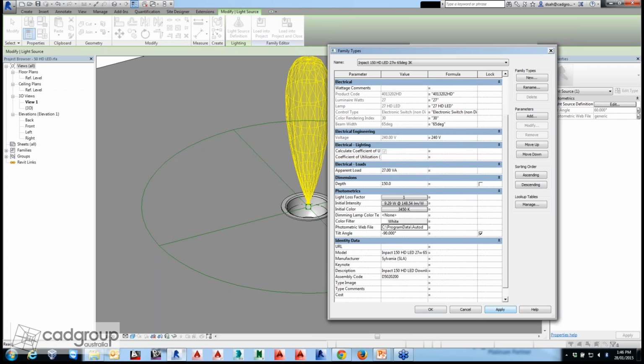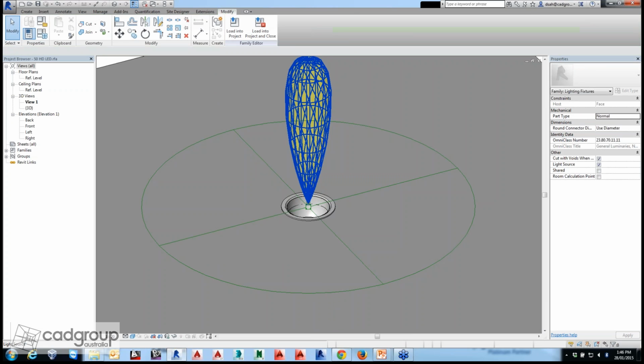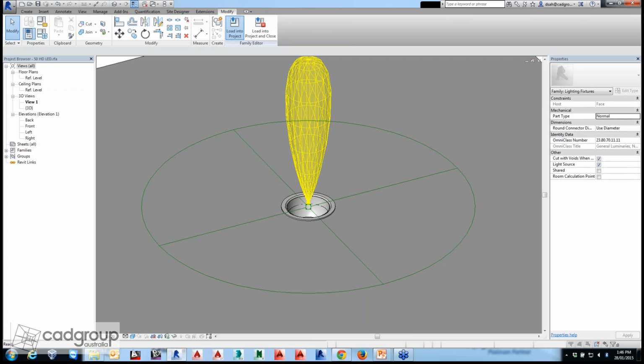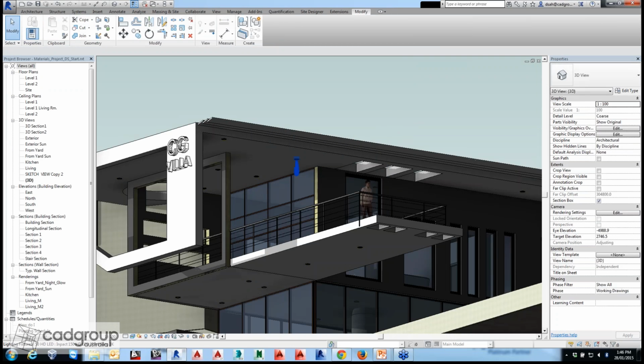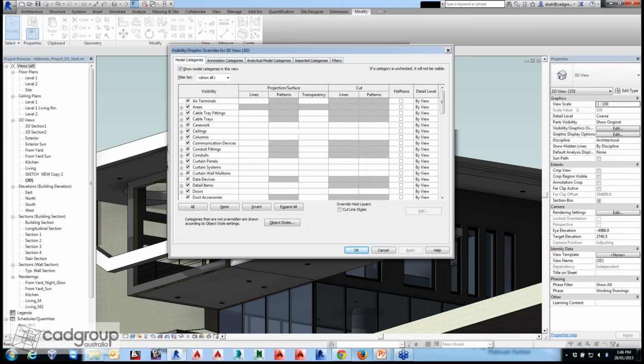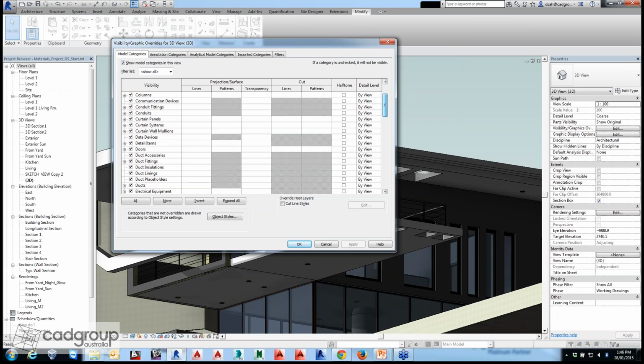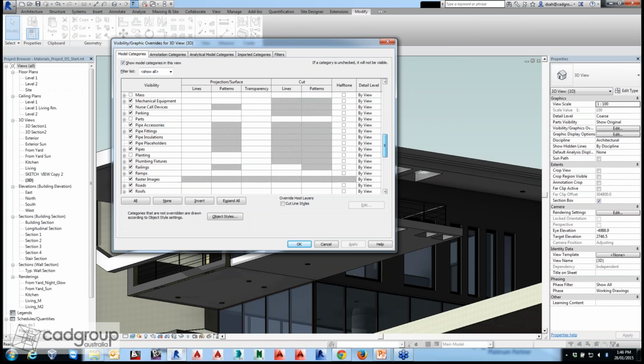If I change to a different IES file, it gives me a nice preview as well. For example, I'm selecting this particular IES file, and that's how the lighting distribution will be. So this gives visual feedback within the family editor environment. Now once I'm happy with that, I will just load into the project and override. And if you want to see that lighting distribution, as we have seen in the beginning, we can go to